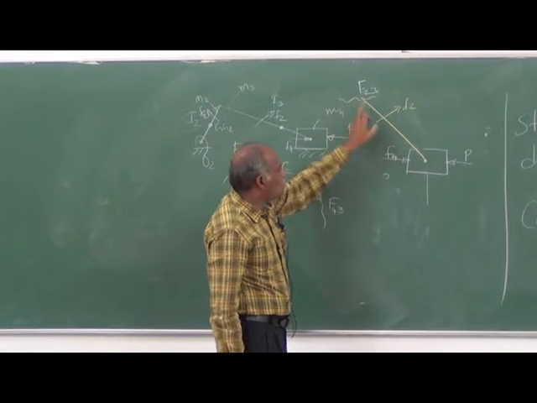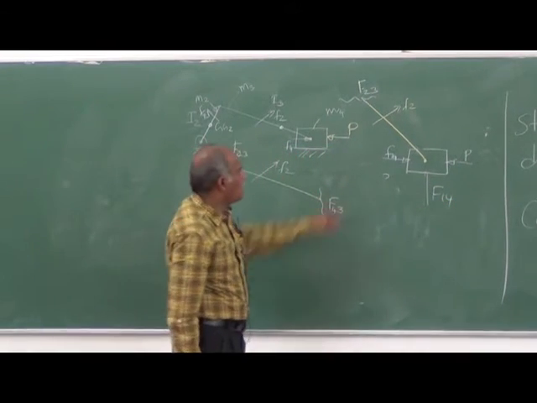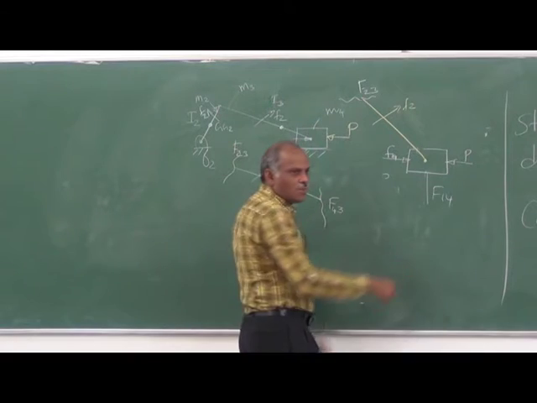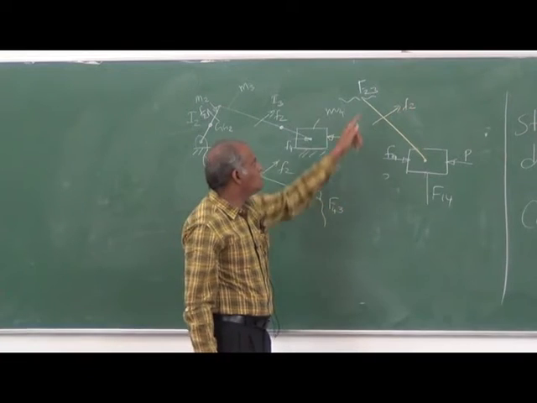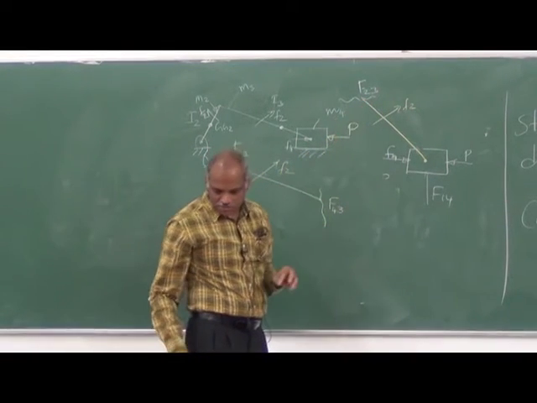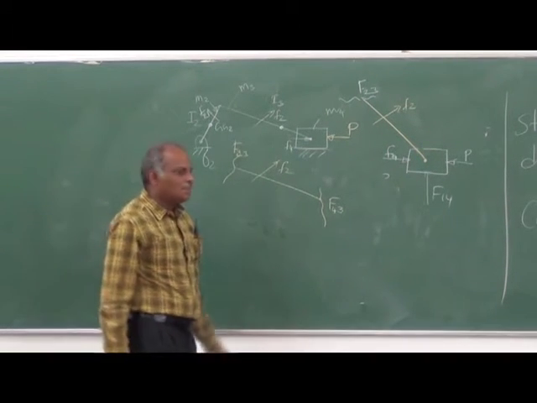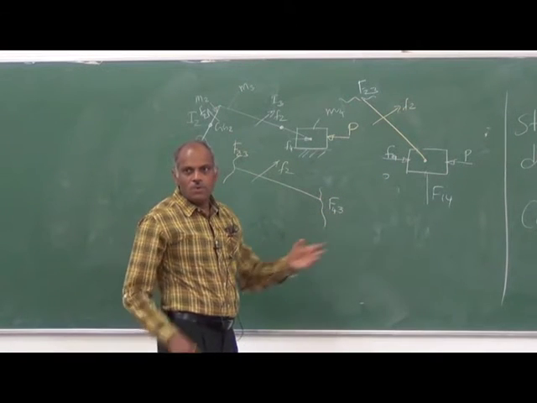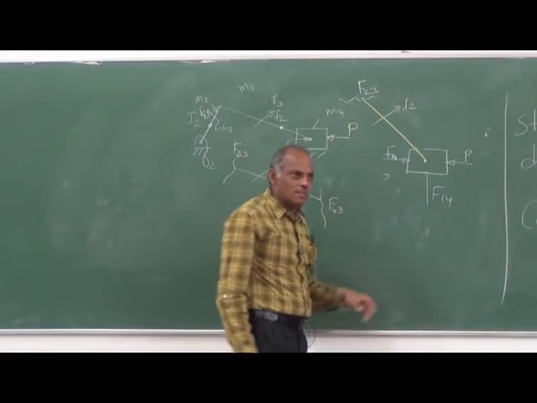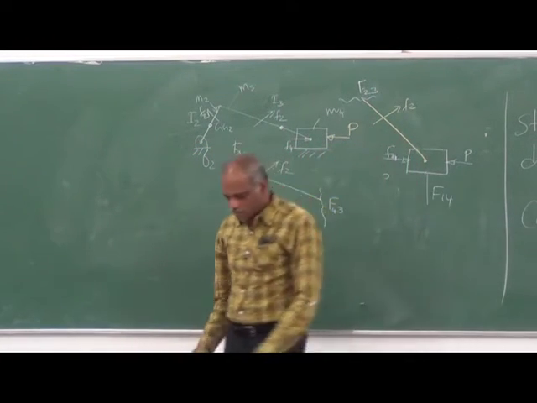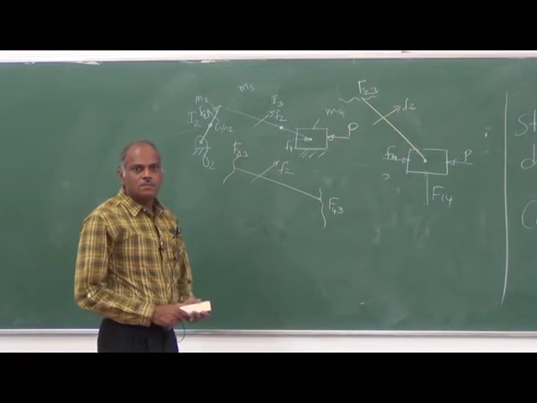Okay? Once I find the magnitude of this force, that is F14, by taking a moment about this point, then I simply construct a force polygon, and the force polygon should be closed. That will give me the magnitude and direction of F23. Okay? This is how you solve when an external force is also acting, not only the inertial force. It is called combined force analysis. Do you have any doubt, please?